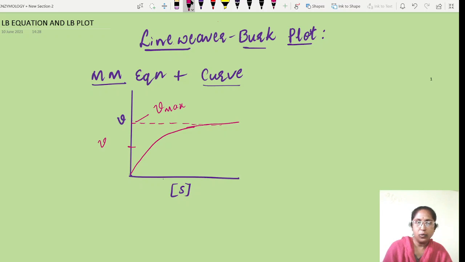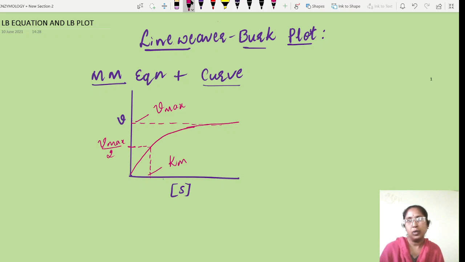Half of this value is Vmax by 2, and the substrate concentration corresponding to this Vmax by 2 is going to give us the Km value. So this is how we use the MM equation to calculate the Km and Vmax values. But the limitation is